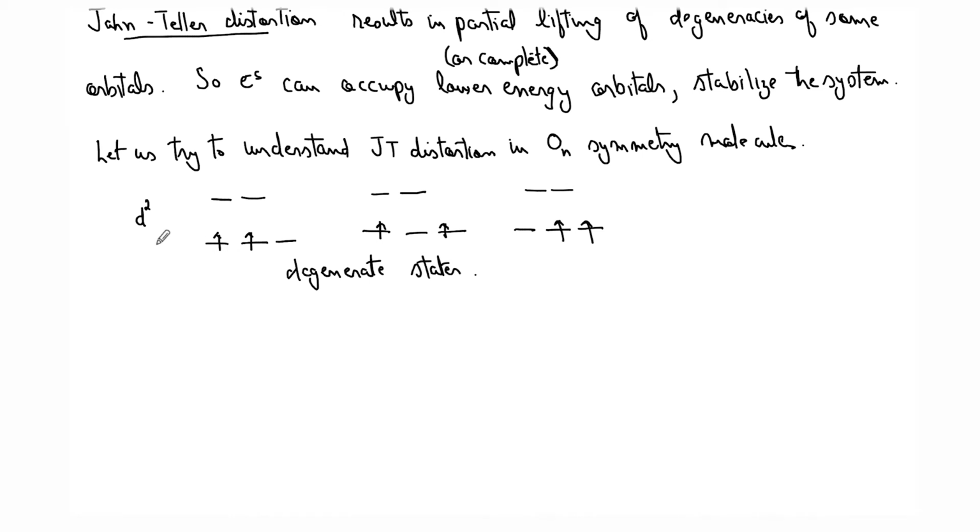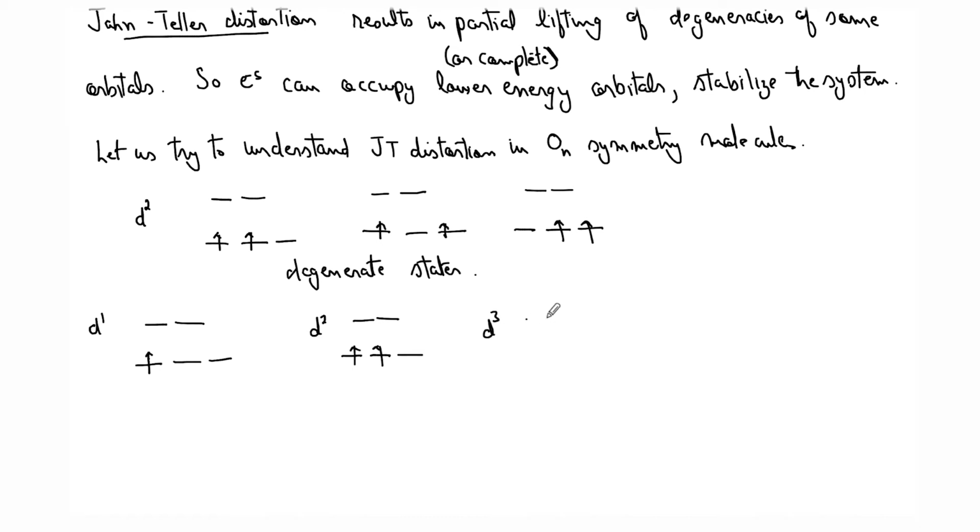So because there is degeneracy in the D2 electronic state, the D2 state can undergo Jahn-Teller distortion. Let us now list all possible states which can undergo Jahn-Teller distortion. For that, let us first list down the different states to see whether a particular state will have degeneracy or not. So let's say D1. D1 will have degeneracy, right? D2, we have already seen, but let me draw it here again. D2 will also have degeneracy.